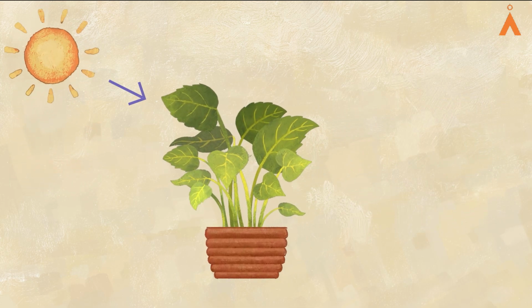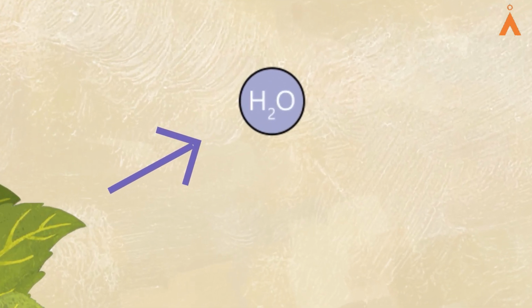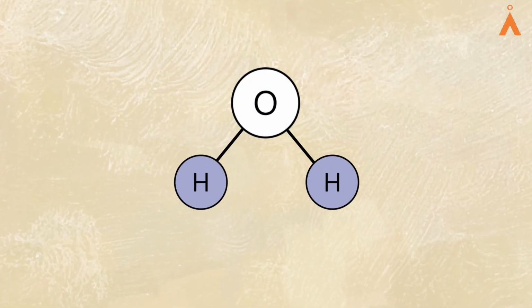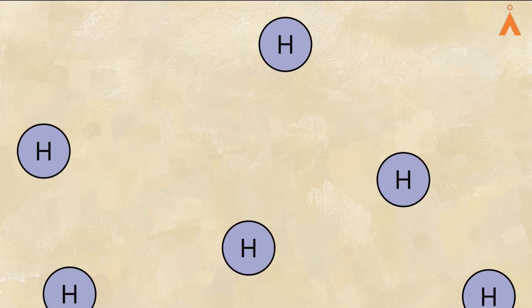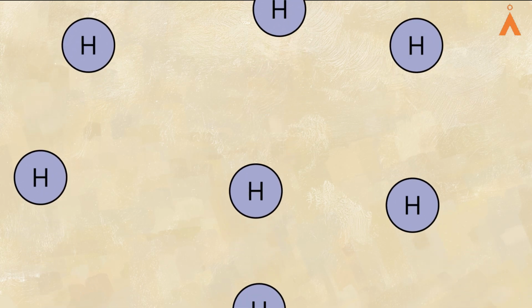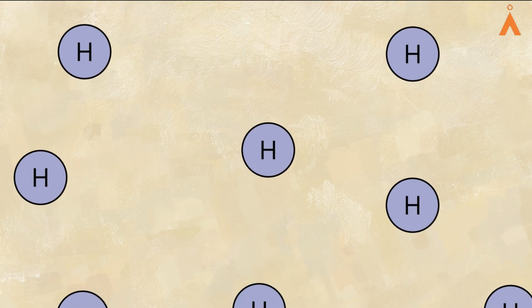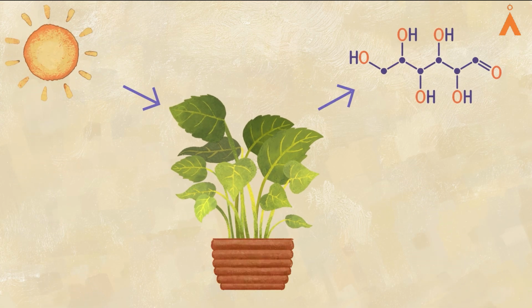Plants take this sunlight, the light energy, and use it to split the water molecules to obtain hydrogen from it. This is the step of the cooking process where plants get millions of hydrogens, which are ready to pair up with carbon dioxide obtained from the atmosphere. That is why we often say plants convert solar energy into chemical energy.